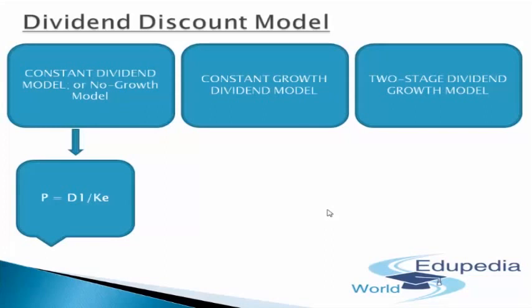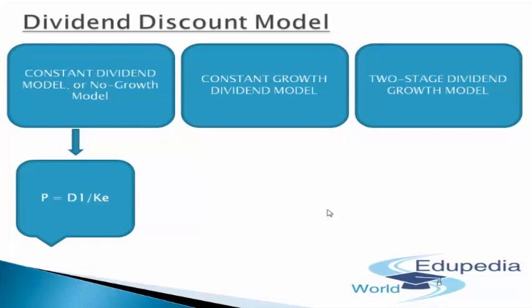So you won't have growth in your dividends. They'll provide you each year 2 rupees, 3 rupees, 4 rupees, 5 rupees, or maybe 50, 100, depending upon the capacity of the company. But there won't be any growth in this particular model. It will be moving constantly across all its segments. So this is basically the constant dividend model wherein there is no growth.